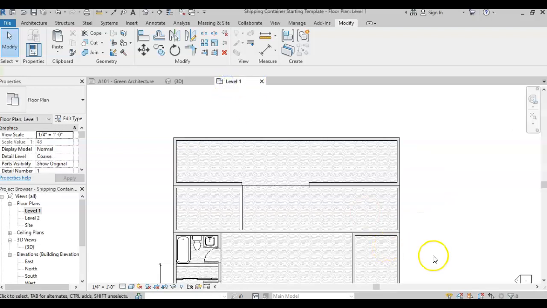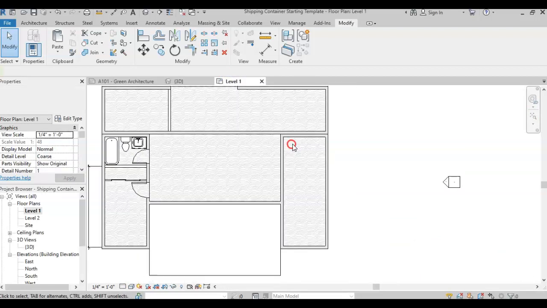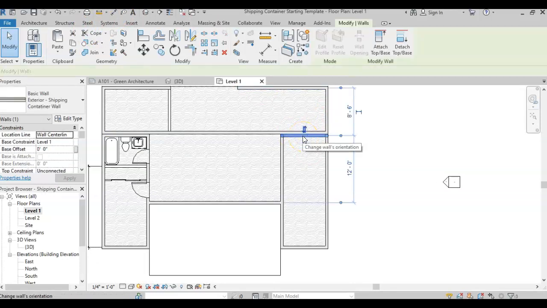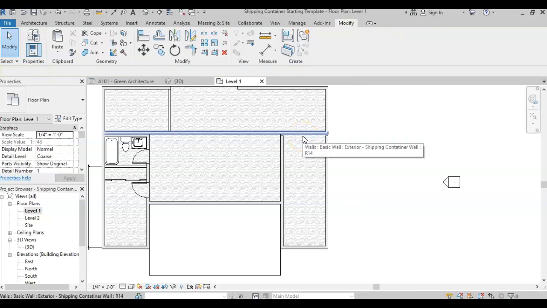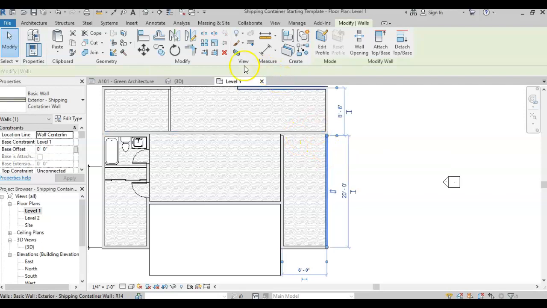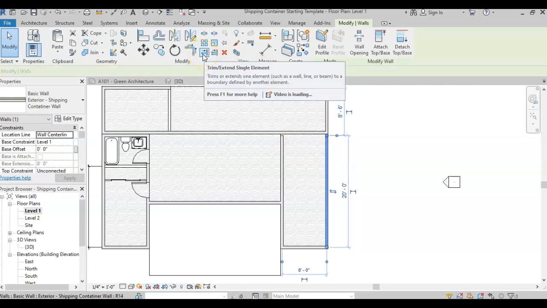So let's do it again. I'm going to grab my scroller and just pan on my screen. And I am going to actually take this wall right here, and because it's just its own wall, I can delete it. My floor sits underneath. I'm going to take this wall, and I'm going to extend it